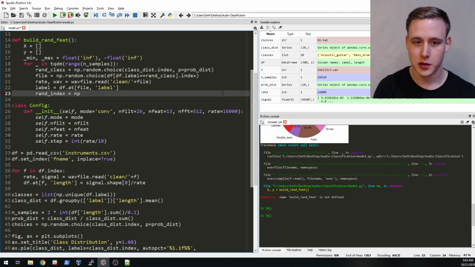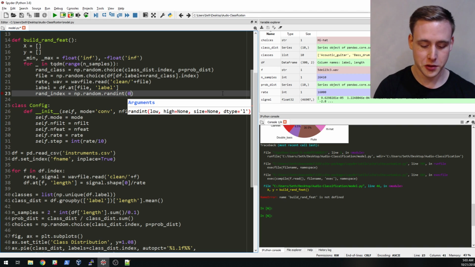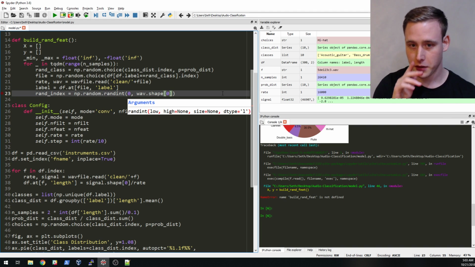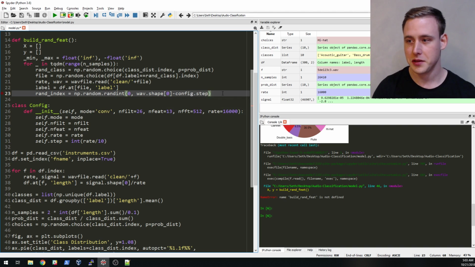So we're going to do a numpy.random.randint. We want to pull a random integer from the start of this file to wave.shape[0], so the length of it, but we want to subtract off config.step. config.step, if you remember, was that 1/10 of a second, to make sure that we don't go to the end of the file and then run out of data points. We're just going to stop at that, which is why we take the minus config.step. Okay,